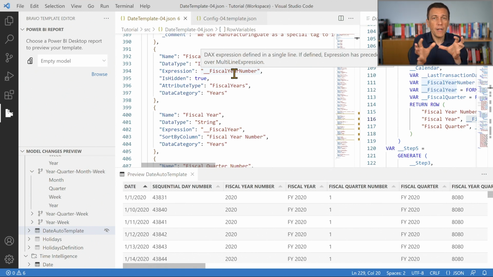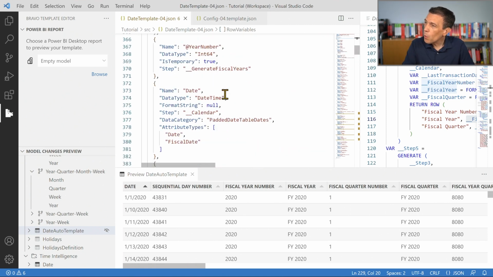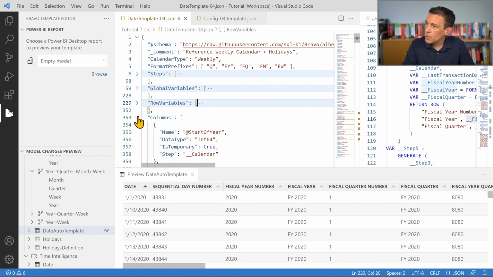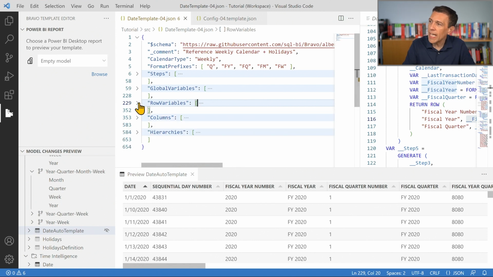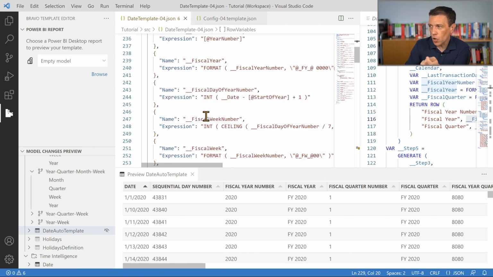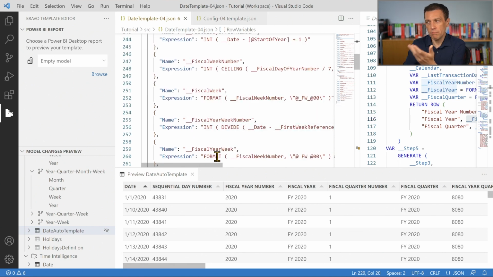This simplifies the code and allows you to not duplicate the code across your template. So we try to have a system where every column has a row variable that generates the number or the string that we need for that